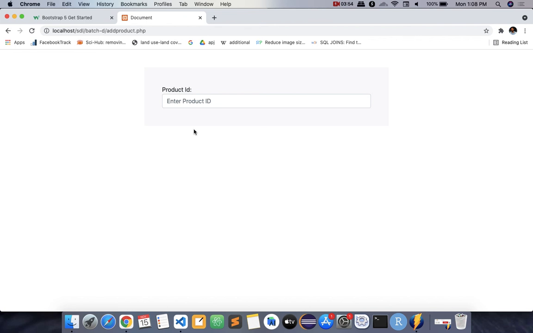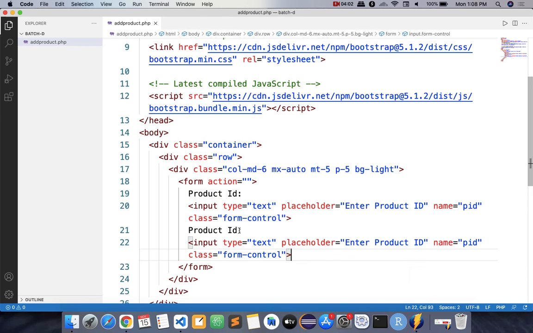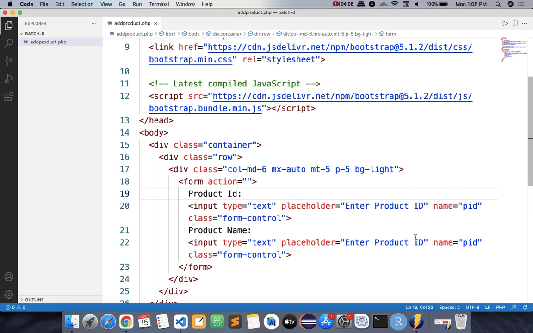In the same way you need product name, product price, and many more fields. So you will simply copy it and paste it. So the product ID, now product name, and here the name should be pname. Done.